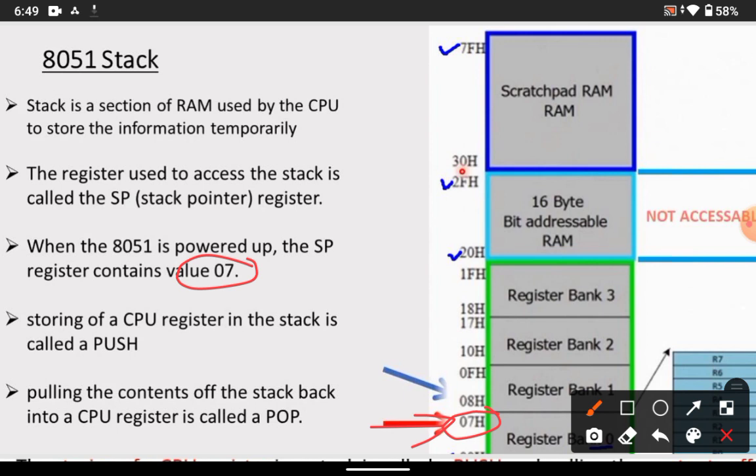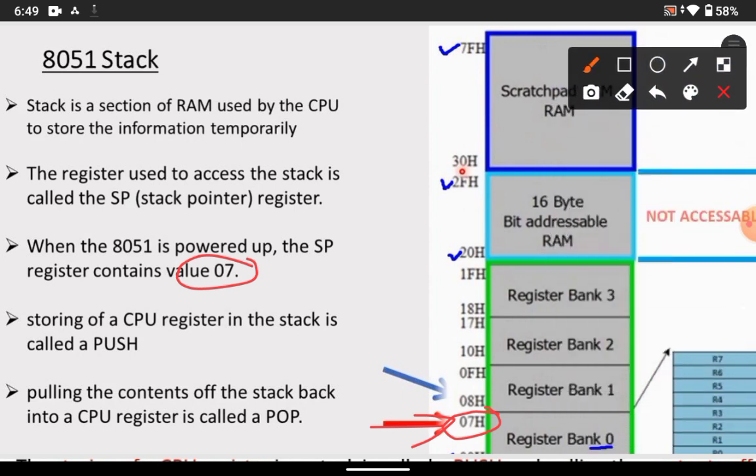The 07 location, as we can see here, is the last register address of bank 0. These are all the register banks that we know in RAM: bank 0, bank 1, bank 2, bank 3. Each bank consists of 8 registers, and the addresses are from 00 to 1F, and 20 to 2F is the 16-byte bit addressable RAM.